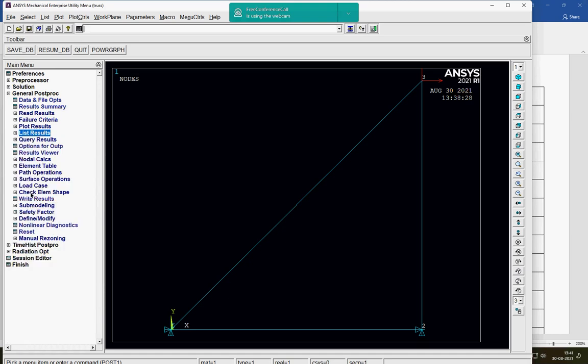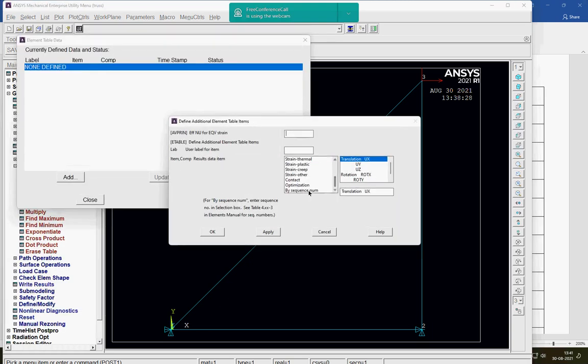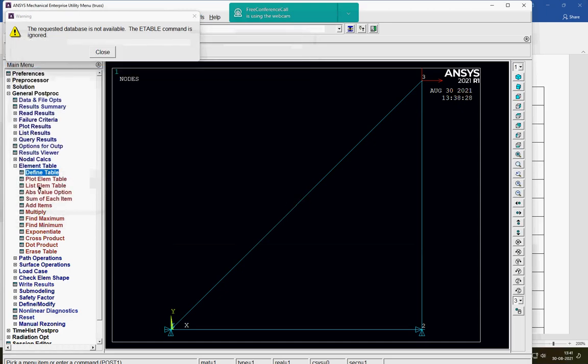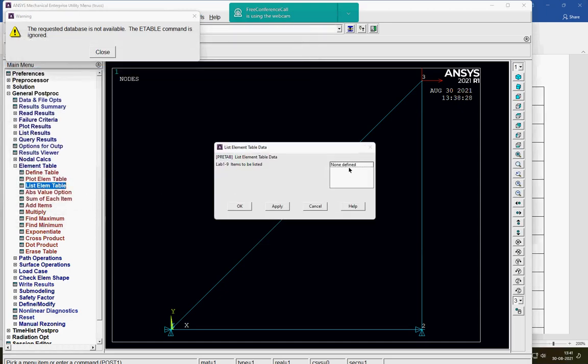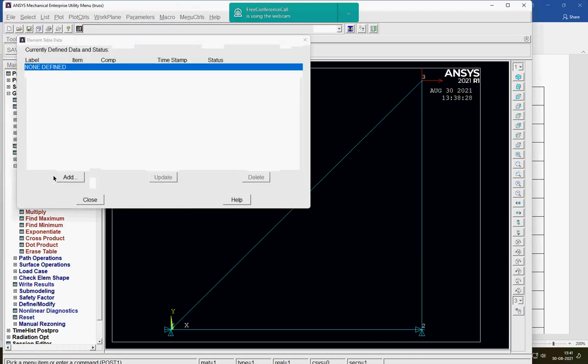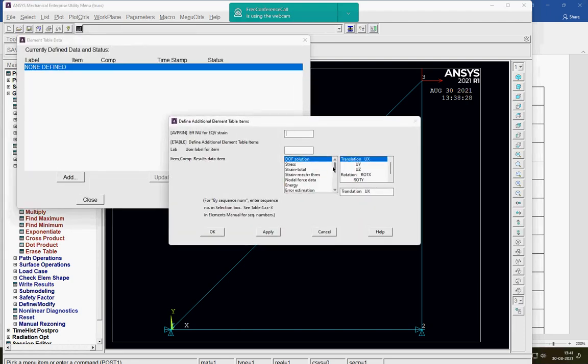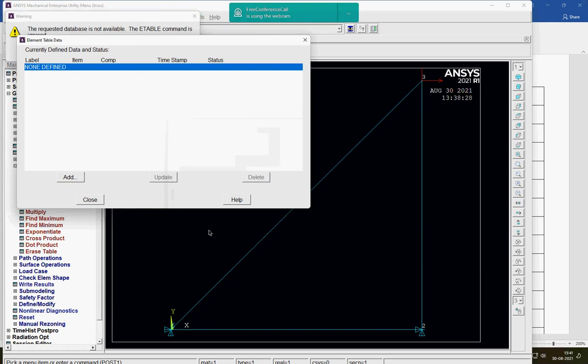So instead of that, element table, define table, add, scroll at the bottom by sequence number, select LS comma 1, close, and here it says list element result is there. I have defined that. LS comma 1. Okay.